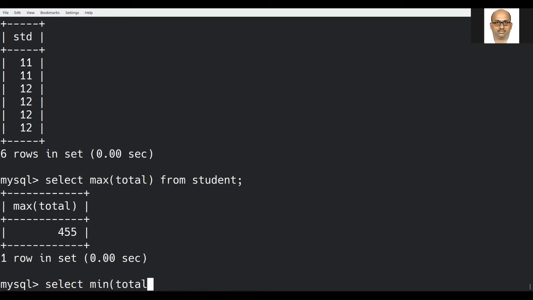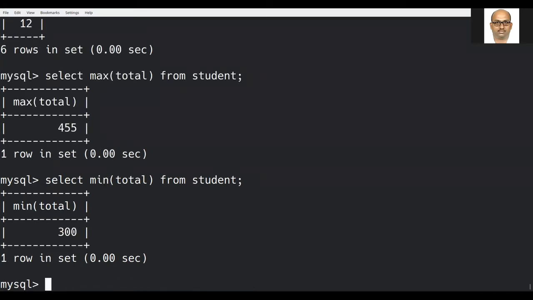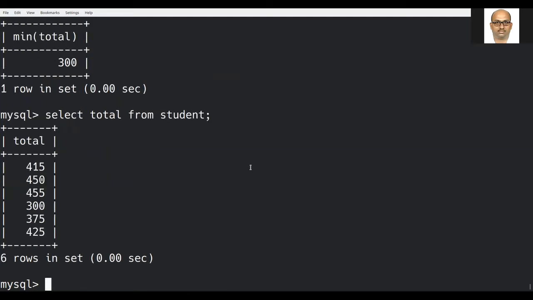Let us recheck this also after checking the min command. So the minimum mark is 300, whereas the maximum mark is 455. Let me select total from student for answer confirmation. See here, 300 is the least mark and 455 is the maximum mark.